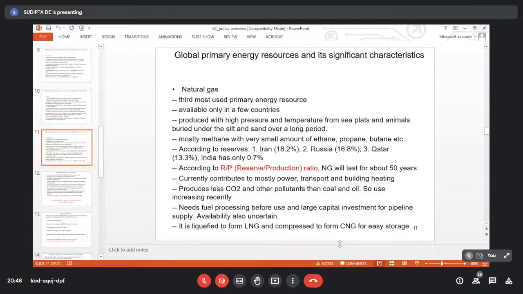Now, interestingly, Iran, though it has the significant, maximum, highest reserves, is willing to export that to India. But India has the largest problem, because gas cannot be transported through any moving vehicle. It is economically feasible only if it is transported through pipelines. Now, what has happened with respect to Russia and the European Union is not happening with respect to India, because in the Russia and European Union combination, there are safe transport zones through which that particular natural gas can be transported.